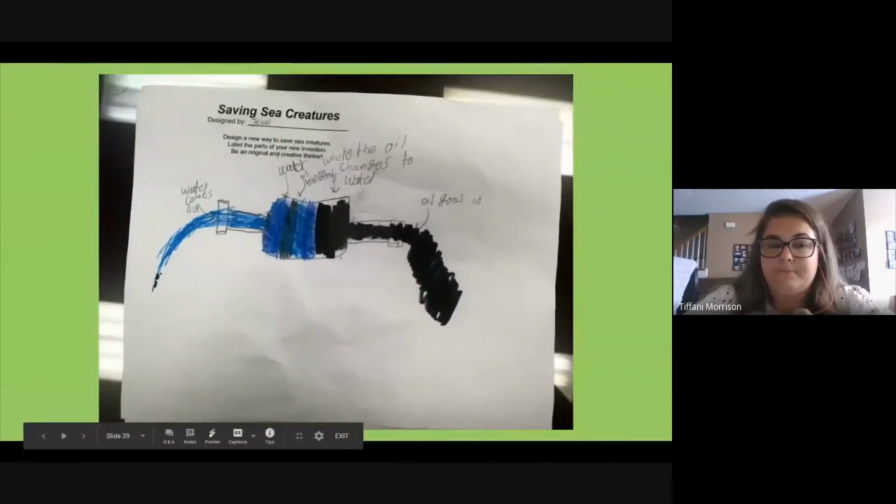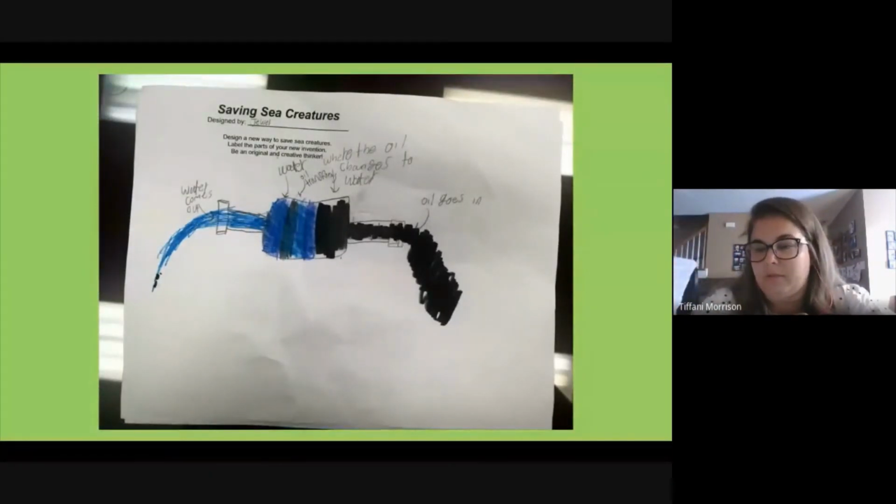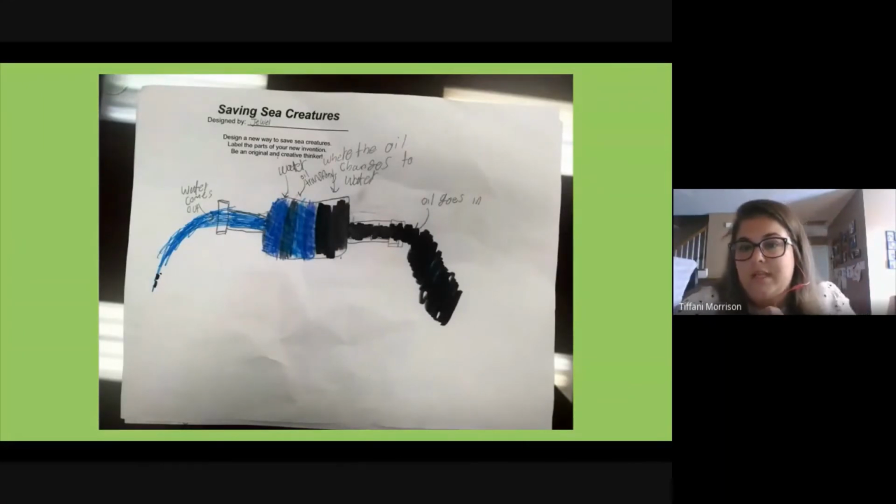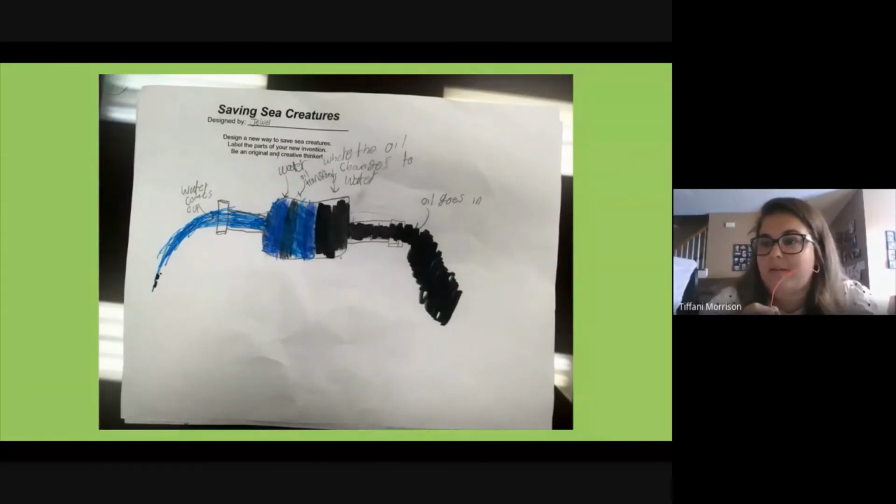So just like you all were thinking about those problems that the sea creatures face, and then the inventions that you could come up with to solve those problems, these are critical thinking skills within these lessons that the students are doing to try to figure this out. And so when we show the examples, you can give them just blank paper, or you could give them this paper that's within the unit. It just tells them to draw a new way to save sea creatures, and it tells them to label and try to come up with original ideas. So it's just a few reminders for them.